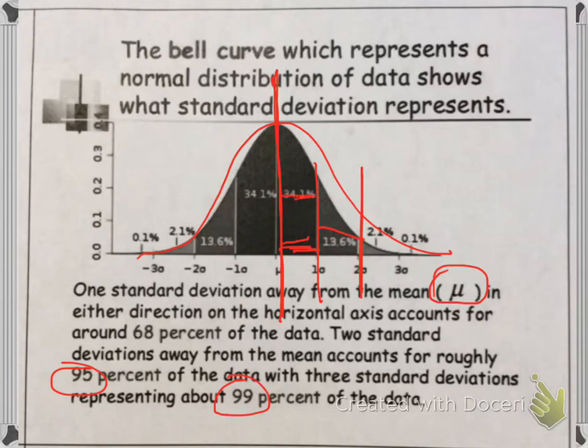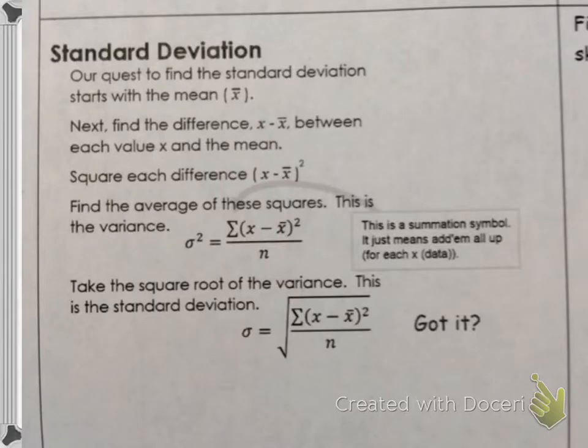So what it's saying is if I went from here to here as well as this direction, then this would be 68% of my data roughly. If I went from here to here, then I would get 95% of my data roughly. And if I went from here all the way to here, then I would get roughly 99% of my data included in the representation of this bell curve. So that's kind of what a standard deviation tells us, is it tells us how far from the mean we're going to move. Really today though, we're going to focus on the mathematics behind it and just figure out how